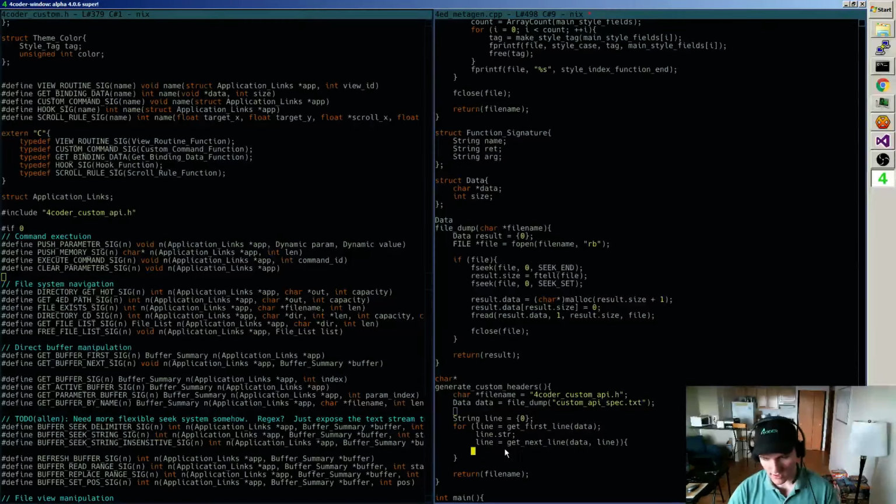And then with each of those lines, what I want to do is say, all right, here's the deal. First, let's do string parse equals line, parse equals skip white space parse.